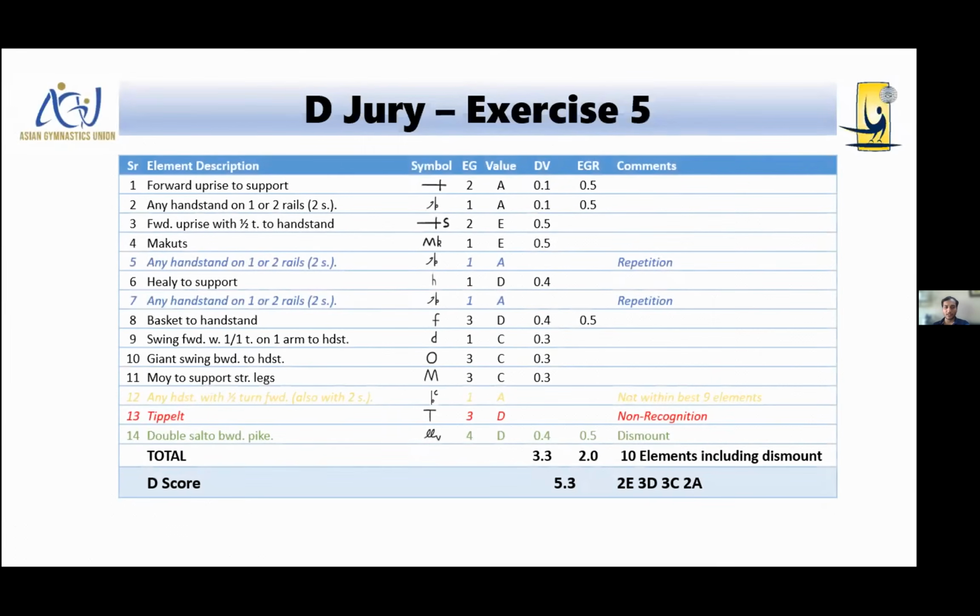Okay, moving on to the solution for this fifth routine on D. D score of 5.3. Again, tippelt, no recognition to the tippelt. And the double salto backward pike is the same as D class, but otherwise, only tippelt is where you have to give no recognition. Otherwise, it's a normal straightforward routine.